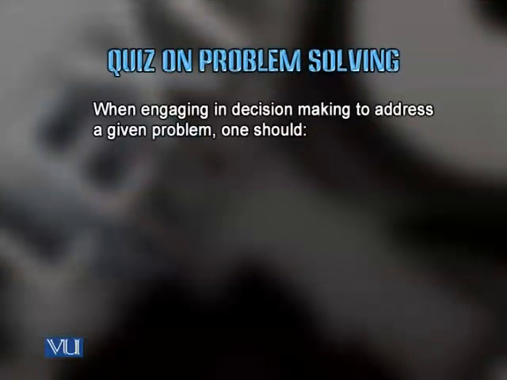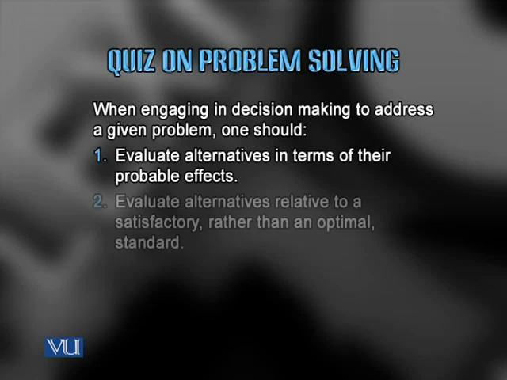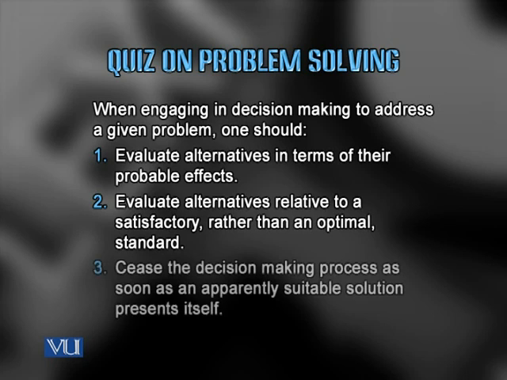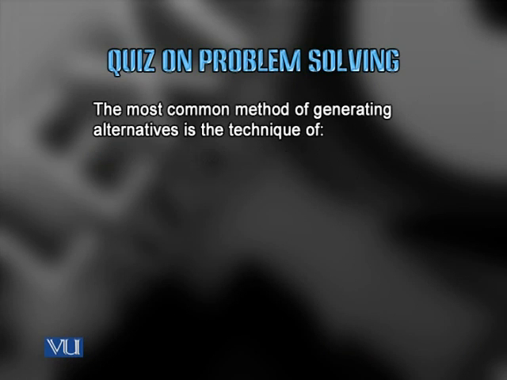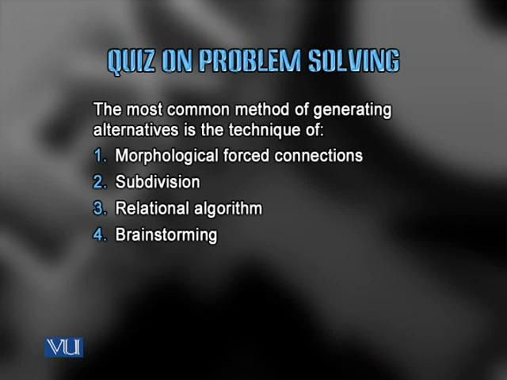When engaging in decision making to address a given problem, one should, 4 choice हैं आपके पास. One should evaluate alternatives relative to satisfactory rather than an optimal standard. One should seize the decision-making process as soon as an apparent suitable solution presents itself, or one should evaluate alternatives in terms of individual rather than organizational goals. Most common method of generating alternatives is the technique. 4 choice आपके पास दी हैं, इन चारों में से आंसर दीजिए कौन सी टेक्निक है जो कॉमन मेथड ऑफ